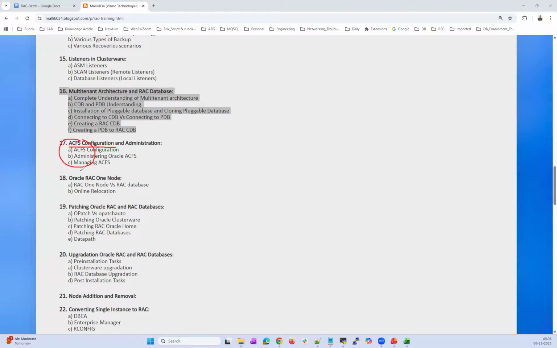Rather than asking your storage admin to mount an NFS mount point on these RAC nodes for my day-to-day activities or for my scripting or my automation, you can create your own ASM cluster file system and you can mount it across your RAC cluster nodes and use it for your day-to-day activities, export, import, your automation, scripting, keeping the log files, the script files. You can create it on your own. You act like your storage admin. You no longer need to depend on your storage admin.